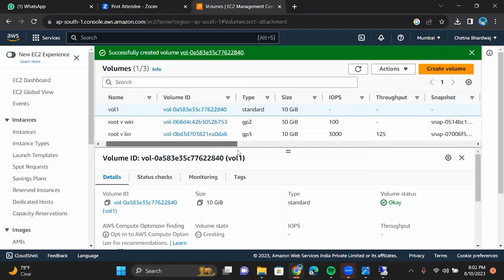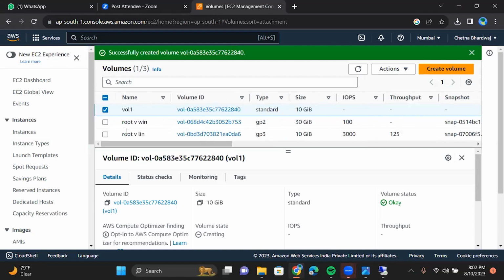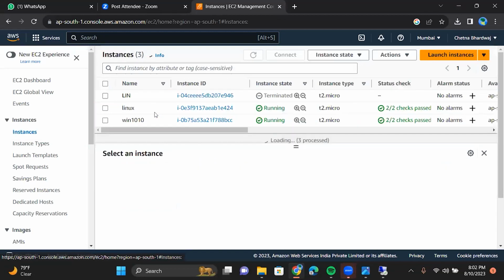What are you saying? Availability zone was given there. Yes, availability zone is given for these instances. We have created 2 instances. For the volume also, the new volume you created. Yes,